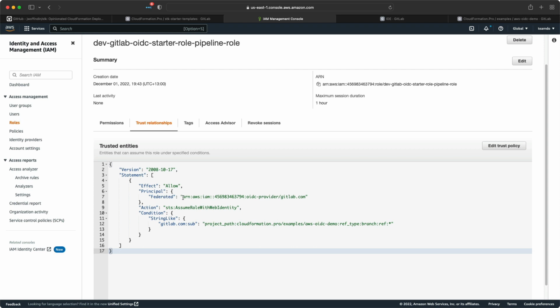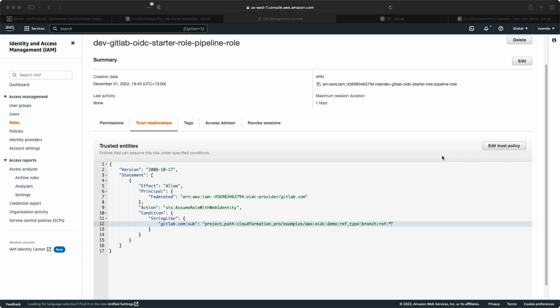So you can see here, the principal is this OIDC provider we created in the previous step, and it will authorize any JWT tokens with the subject matching this. So project path, and this is our project path we configured. The ref type is branch, and the ref is any branch basically. So at this point, we have an IAM role that can be assumed from our GitLab pipeline using the GitLab